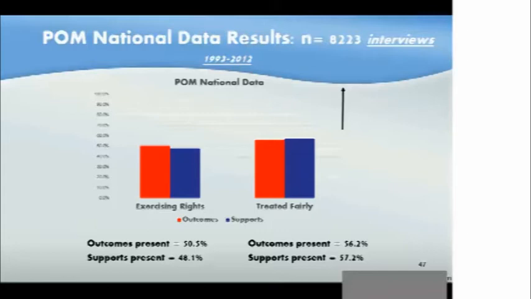We're talking about exercising rights being the most influential outcome. The outcomes present, according to this, is 50.5%, and the supports present for exercising rights was 48.1%. And treated fairly, outcomes present 56.2%, and supports present was 57.2%. Treated fairly,